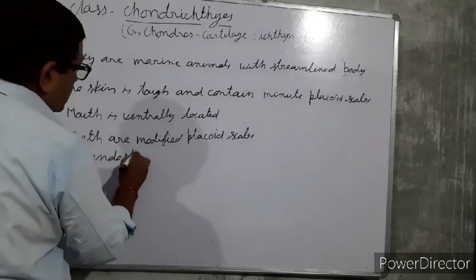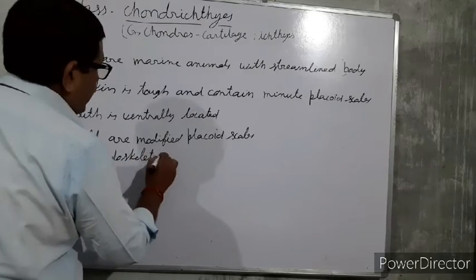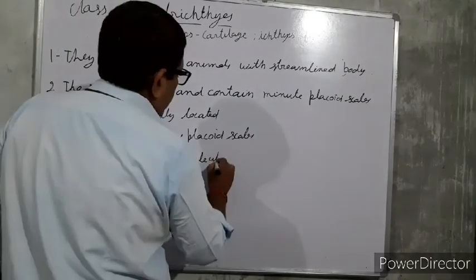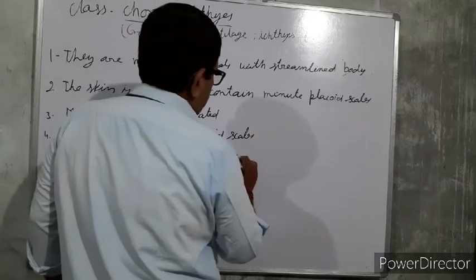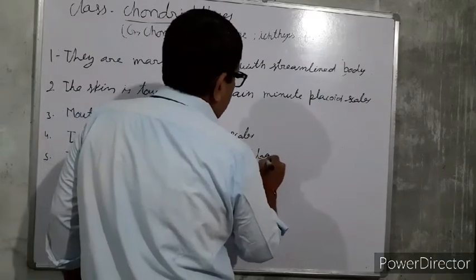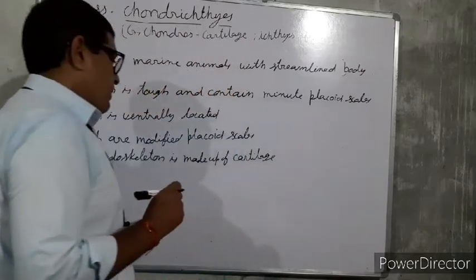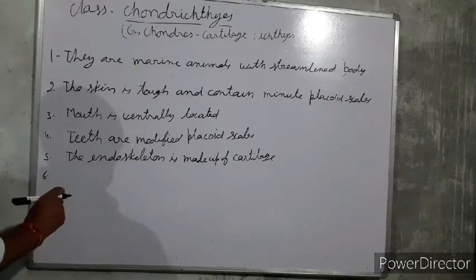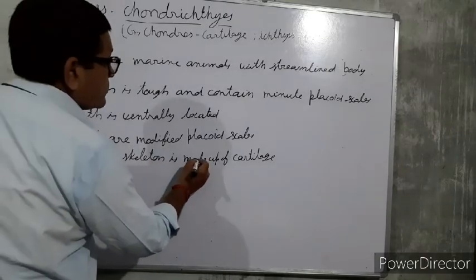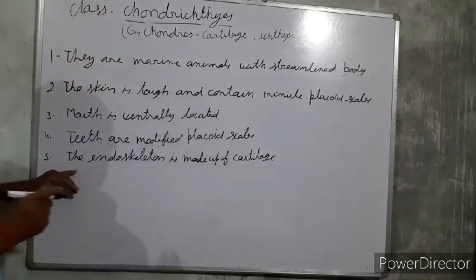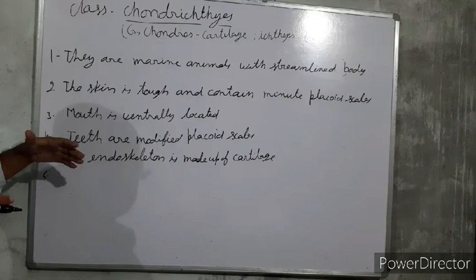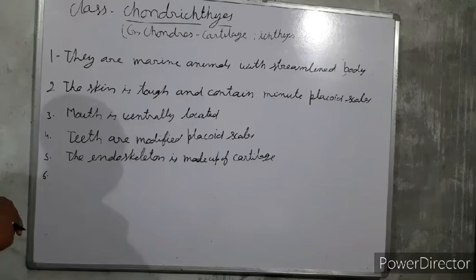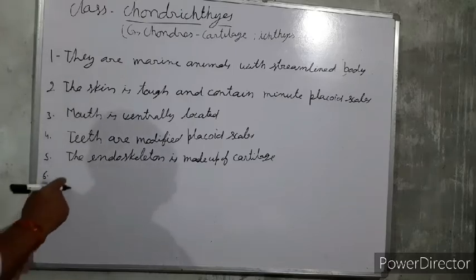The endoskeleton is made up of cartilage in these animals. And in relation to respiration,